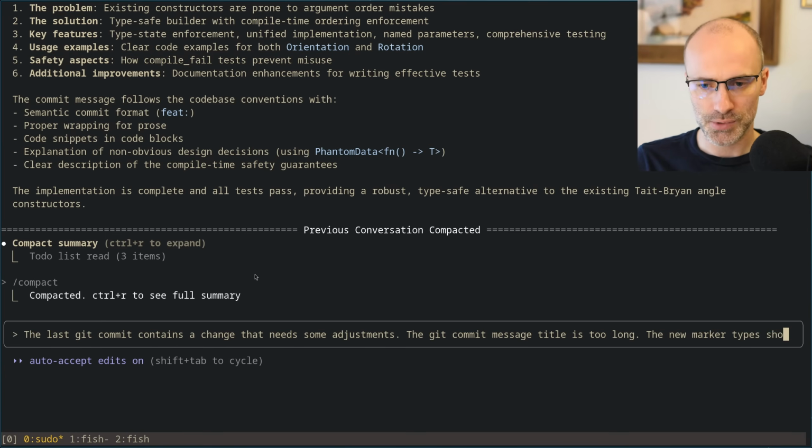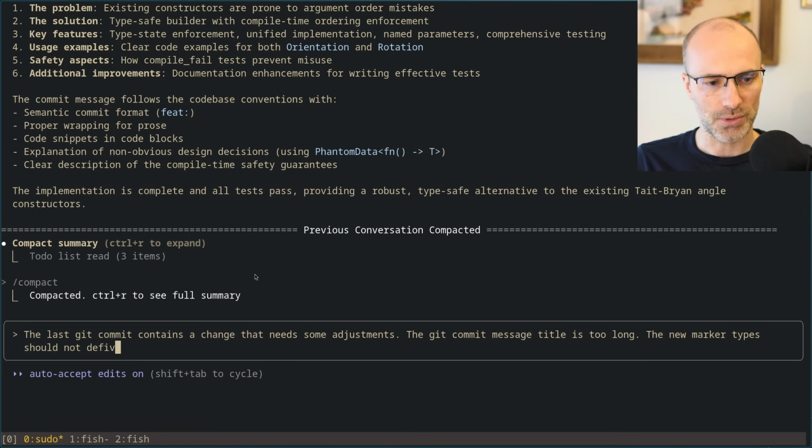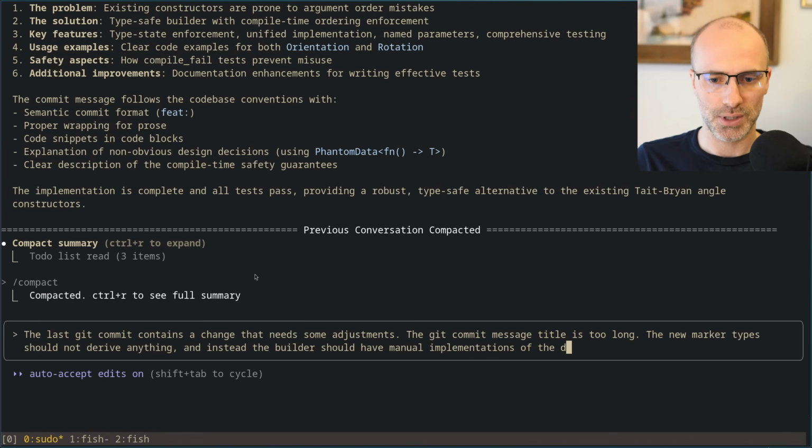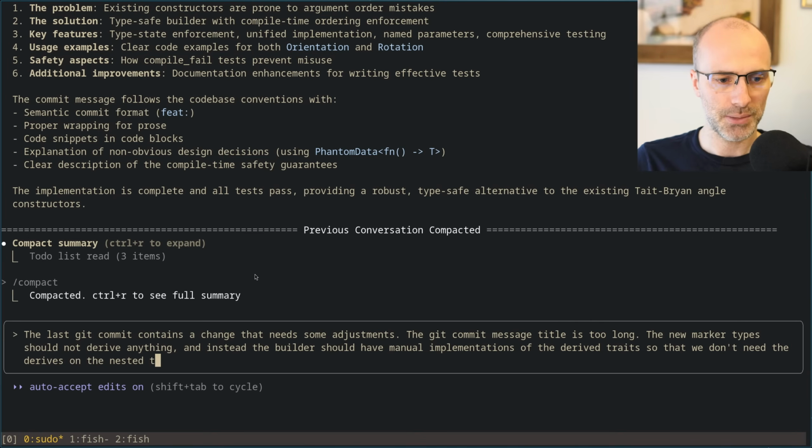The new marker types should not derive anything, and instead the builder should have manual implementations of the derived traits so that we don't need the derives on the nested types.